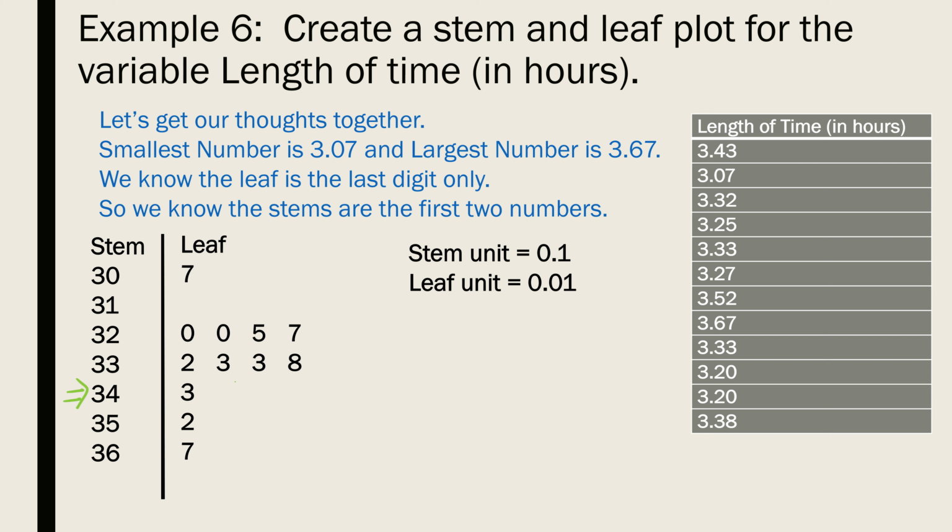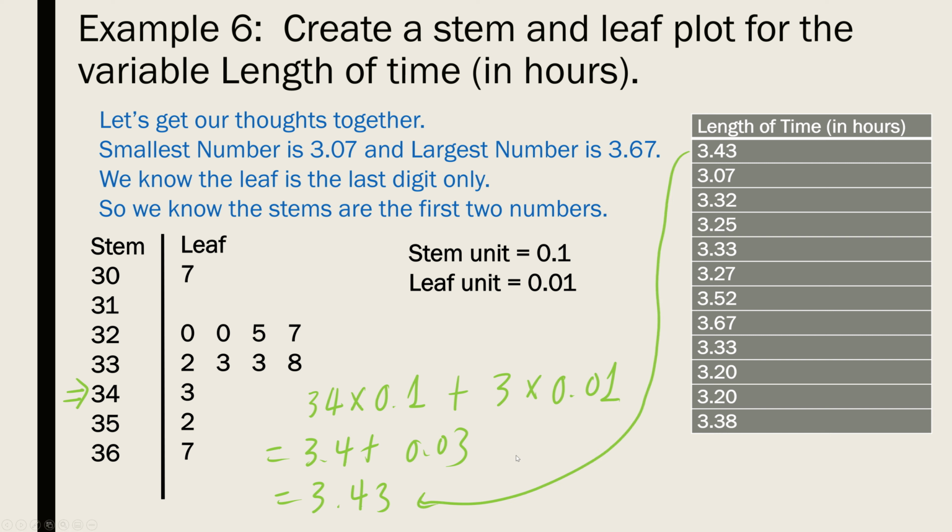As we can see, the stem number is 34 and the leaf number is 3. We write down the stem number first and times the stem unit, which is 0.1 here, and we plus the leaf number, which is 3, and times the leaf unit, and we got 3.4 plus 0.03. The sum is 3.43, which is the first number